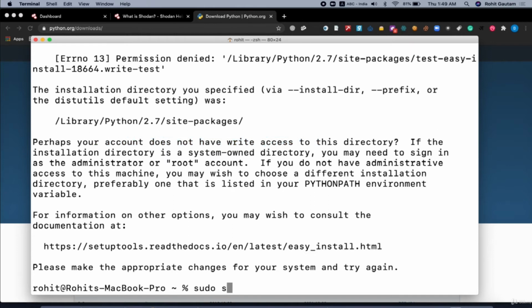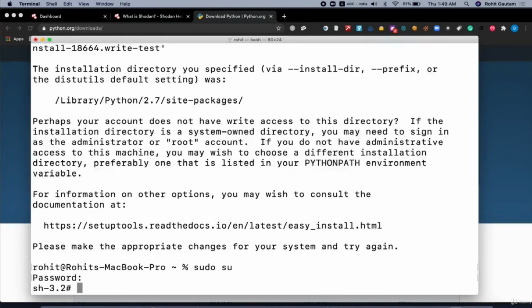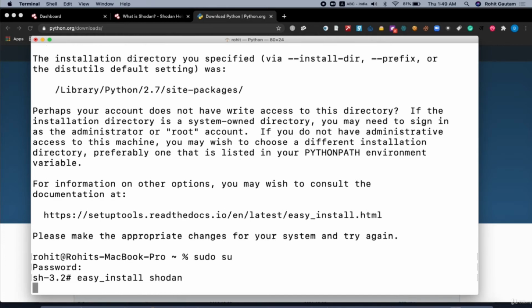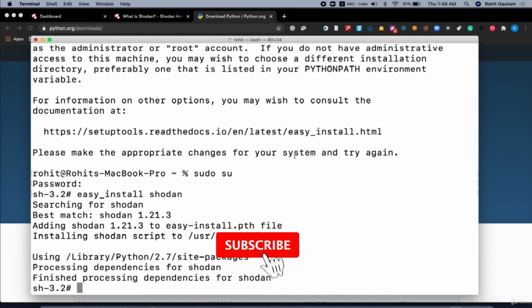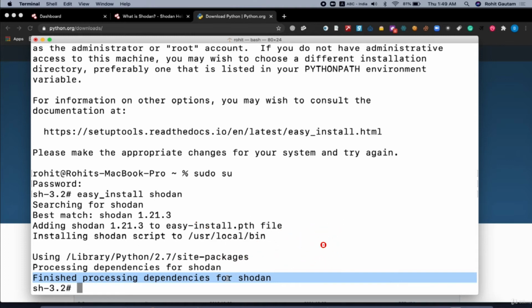So you may have to become a super user. Now, as I have become the super user, I'm again going to run this command. And you can see finished processing dependencies for Shodan, which means Shodan has been successfully installed on our computer.